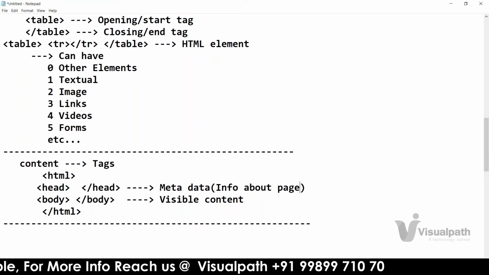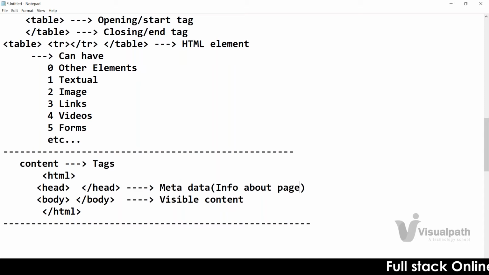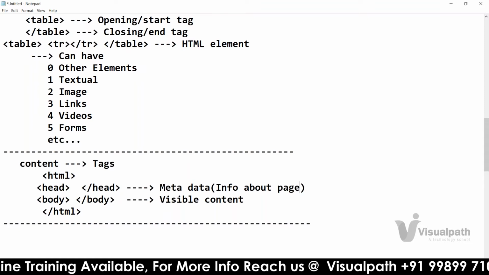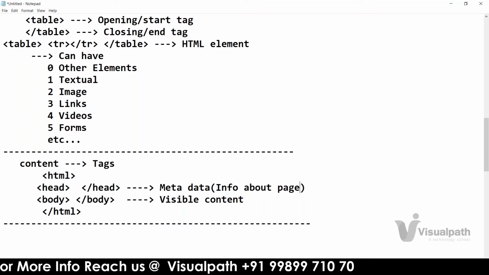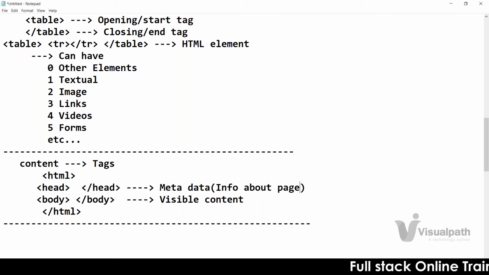To help you understand better, I can compare this with letter writing. In a letter, at the top somewhere you'll have a name or title for the letter, and somewhere else, on the left or right, you'll have the date and place. That is called metadata, guys. It tells you what your letter is about, why you are writing it, what the purpose is, from where you are writing, who is writing, and to whom. That is meta information, some information about your letter.